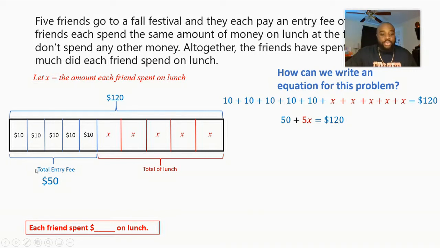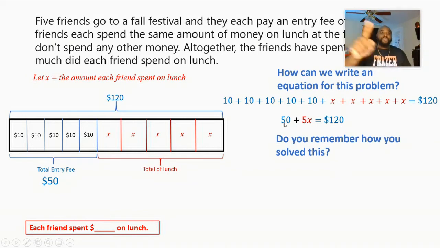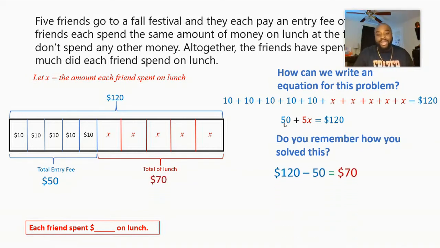And $50 is the total entry fee, and 120 is how much you spent altogether, right? The 5x represents the lunch. So how are we going to solve this? Maybe you remember, maybe you didn't, but hopefully you did. So remember, to solve this, we're simply going to do 120 minus 50, which will represent the money we had altogether minus the amount of money we spent to get in, which will give us $70 left